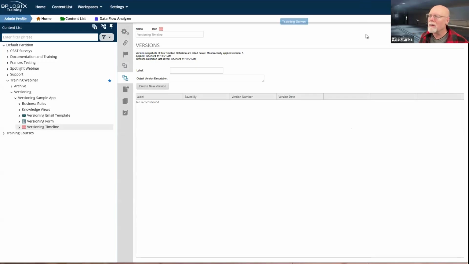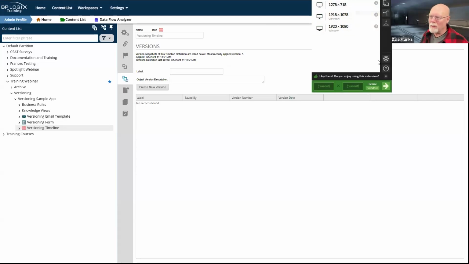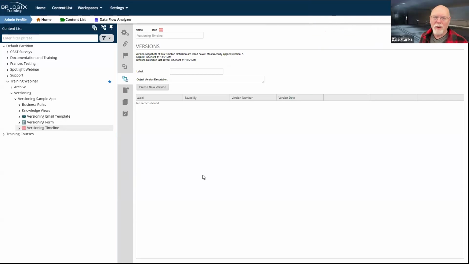Now it looks for some reason as if my screen, and pardon me, is not entirely sized correctly. So either my screen is not sized correctly or we're looking at the wrong size in Zoom. Sorry about this, but I just want to be sure that we get our screen size properly.